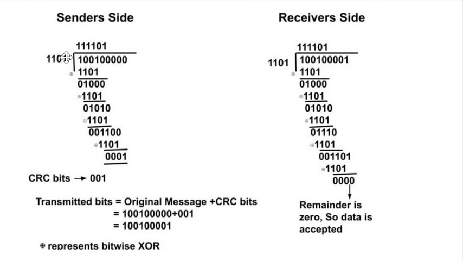Okay, so you can see on the sender side, this is our message. After appending 3 zeros, we are dividing it by the generator polynomial, which was 1101. So we are doing the XOR operation. You should know what the XOR operation is. In XOR operation, if there are similar bits, 1 1, the answer is 0. If there are dissimilar bits, the answer is 1. So you can see 110, 011, 000, 110. In this way it is divided.